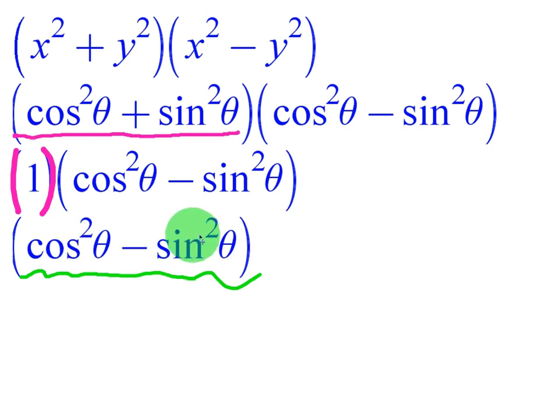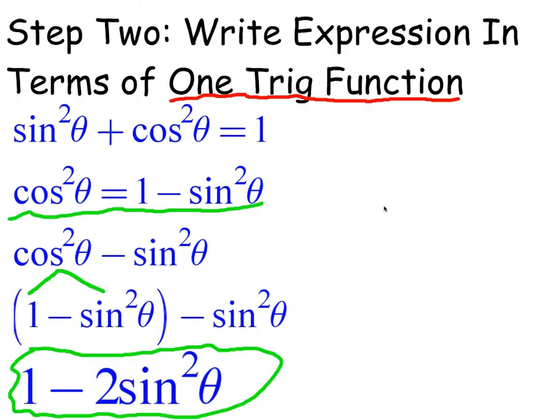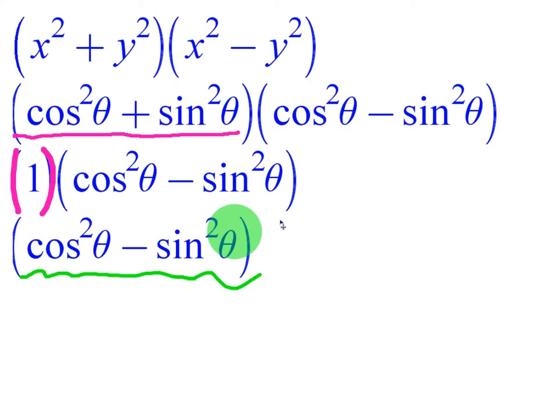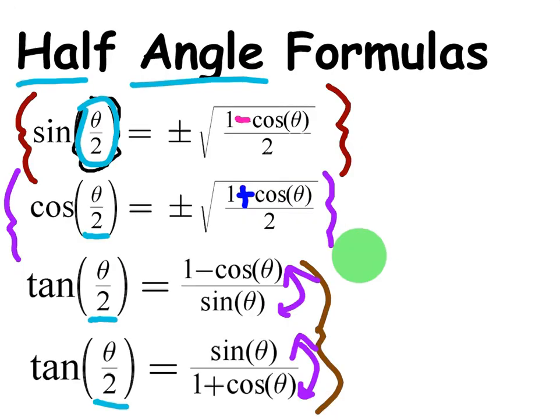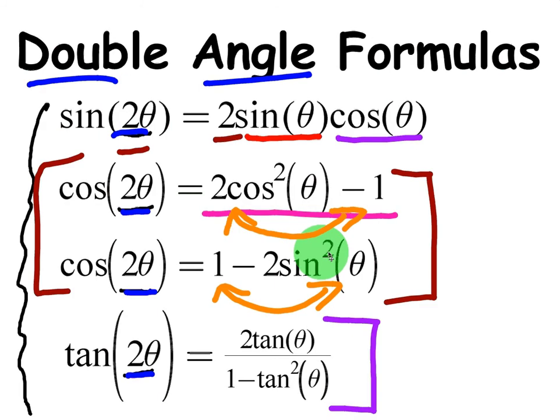So now we have cosine squared minus sine squared. The next step is actually kind of easier, and it's to write the trig expression in terms of one trig function. Right now we have two trig functions, cosine and sine, namely cosine squared minus sine squared. So how do we simplify it in terms of one trig function? Well, that's exactly where the double and half angle formulas come in. I will say this, most of the time we're going to be using double. But anyways,